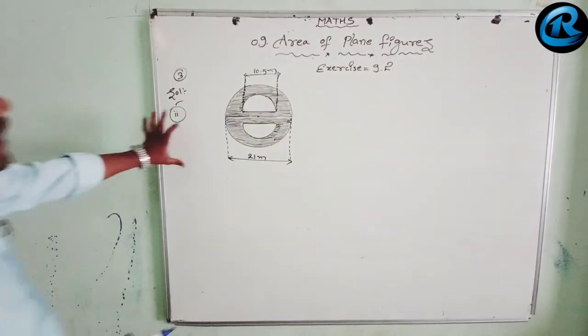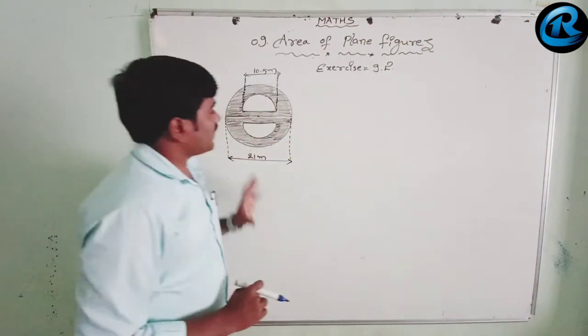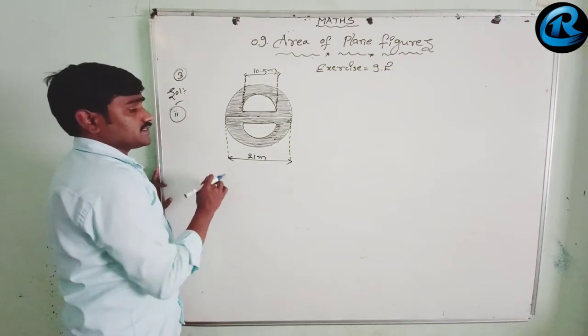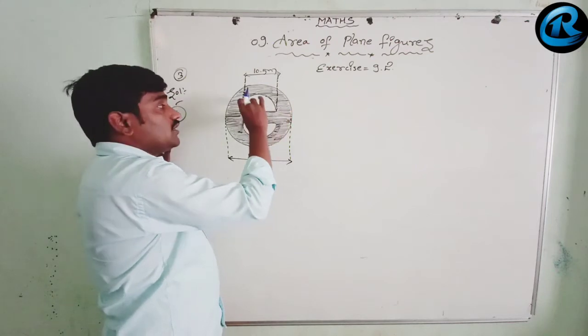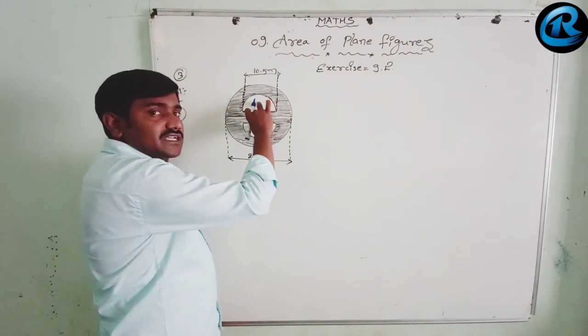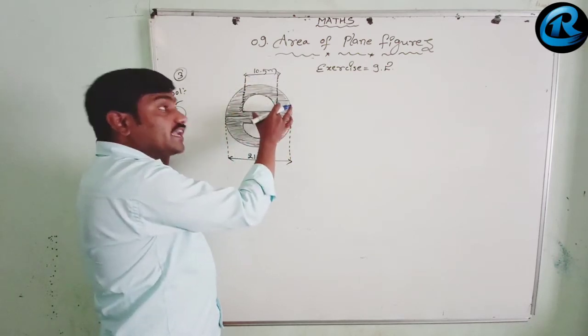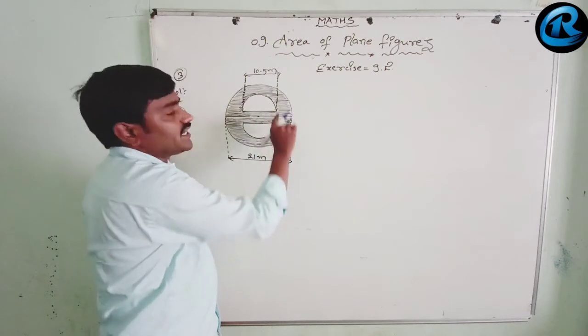Here the second one of third weight. So we need to find out the area of shaded region in this also. Let us see what they have given first. There will be one big circle. In that there are two semicircles which are unshaded. The big circle is completely shaded. In that two semicircles are unshaded. But we need to find out only the shaded region.